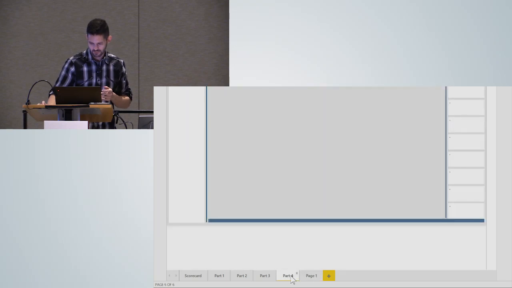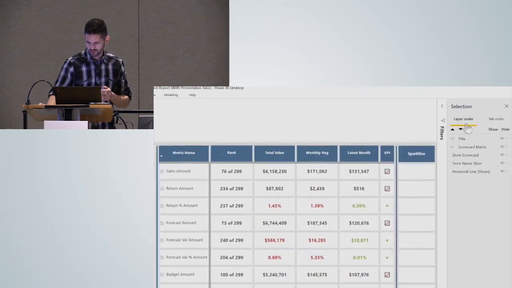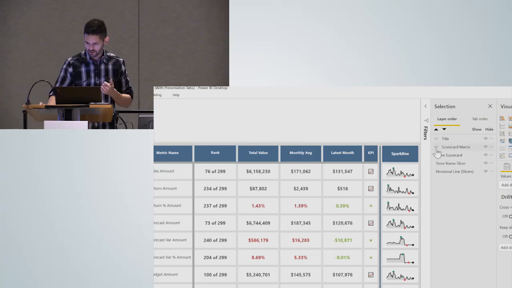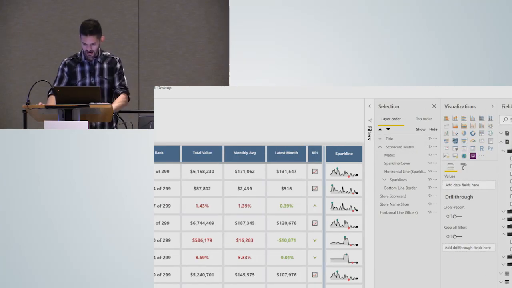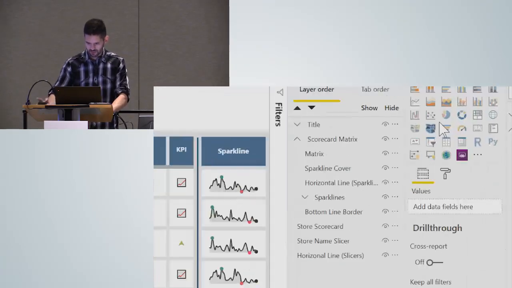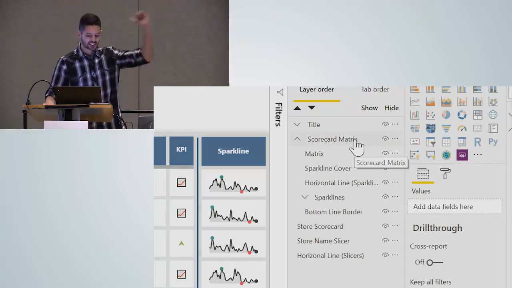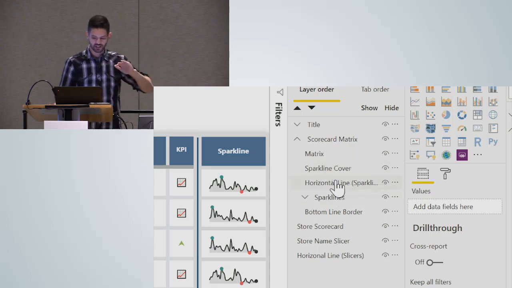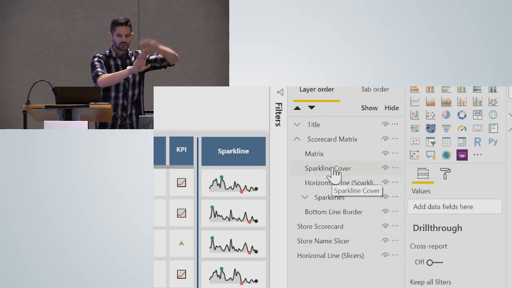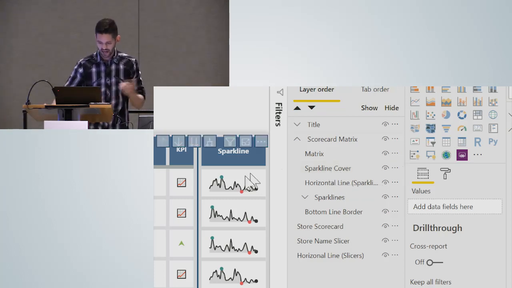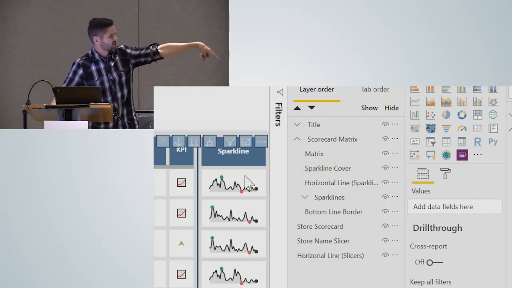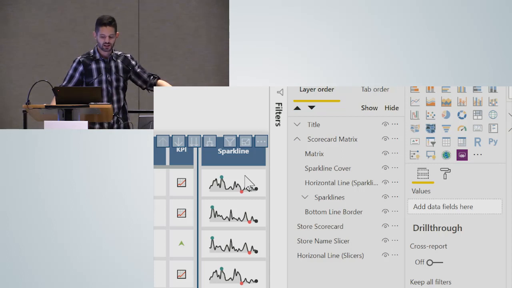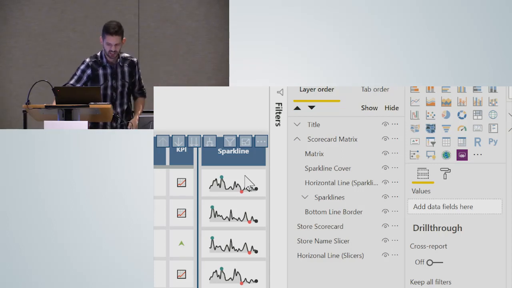There we go. So this will help when you see the sort order and why I've grouped things. Notice that in here, my actual scorecard matrix, if I can zoom in a bit more, the table itself is on the top. In between the table and all of my sparklines is that cover. So it's kind of sandwiched between both of them, completely invisible. So right now it is actively covering this entire section right here, but because no selection has been made, it's just an invisible item sitting on the page.